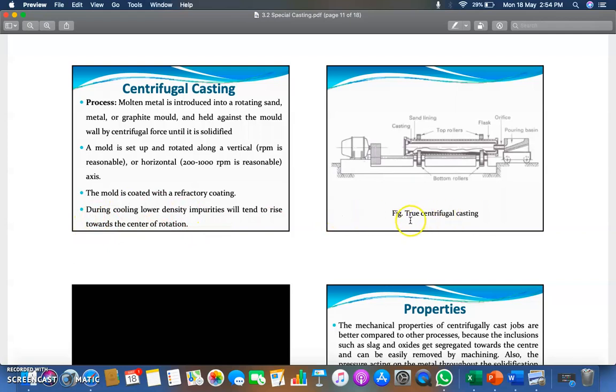Now, true centrifugal casting. This is the casting bed. This is sand lining, top rollers on both sides, flask, orifice, and pouring basin. From here you are pouring the material. These are the bottom rollers. So this is your whole setup for centrifugal casting. With this you can generate or enhance the properties of material by the centrifugal casting